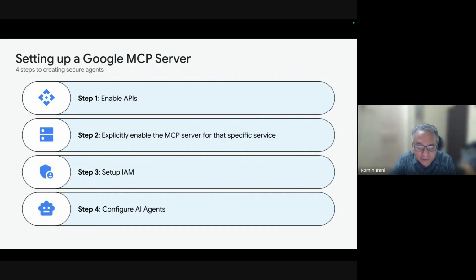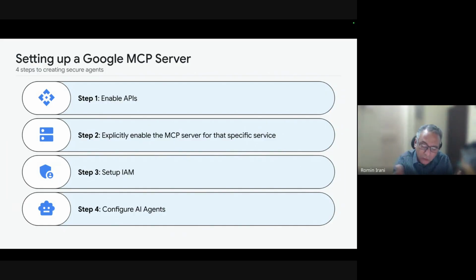Step 3, and I will touch upon this a little more when we cover security, is closely tied to your Google Cloud project security constructs that you've been familiar with. The agent will be talking to the MCP server, so you need to be aware of what the principal, or the account, or the identity is that the agent will be assuming when it talks to these MCP servers. Let's say maybe you use a service account that you set up. The important thing is the access,